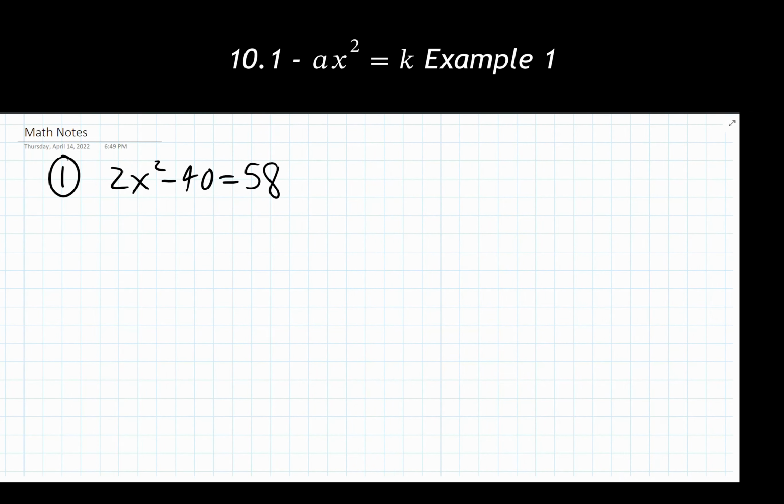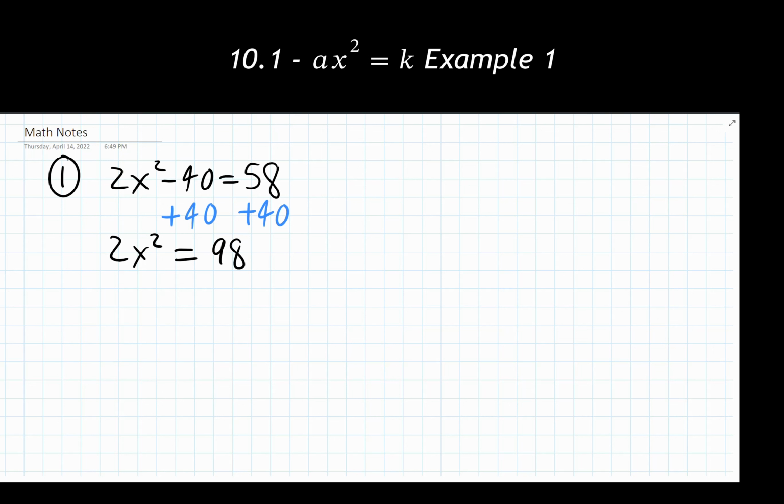Starting off with our first example, we are going to begin with just the first step in our process. We want to isolate the quadratic term to one side. The quadratic term is always the one that has the something squared showing up in it, so we're trying to get this whole term by itself. The way we're going to do that is we need to get rid of this 40 on that side, so we need to add 40 to both sides. After doing that, we should get to our result here.